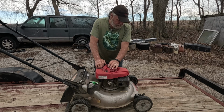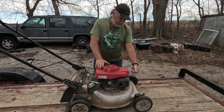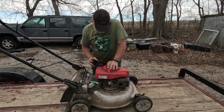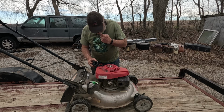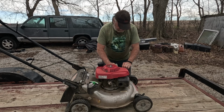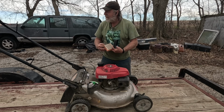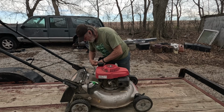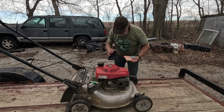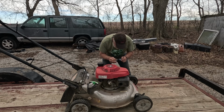But I figured, a mower like this, we've got to have three things. We've got to have fuel, got to have spark, and we've got to have compression. So, there is fuel in it. It smells good. Just for the heck of it, let's pop off the cover. Little bit dusty. This is a model that has an automatic choke,